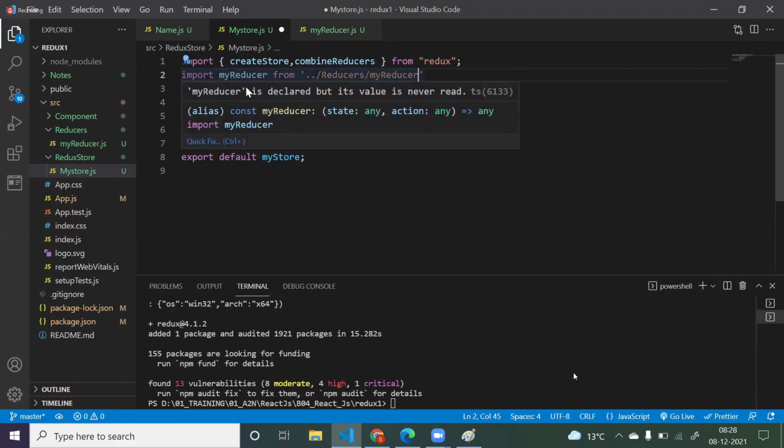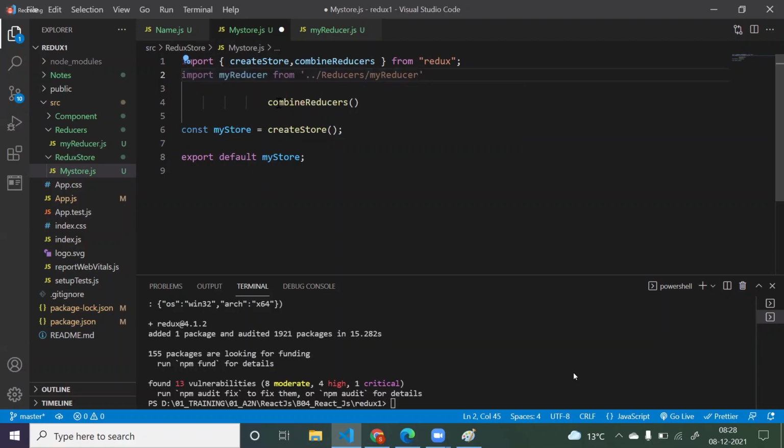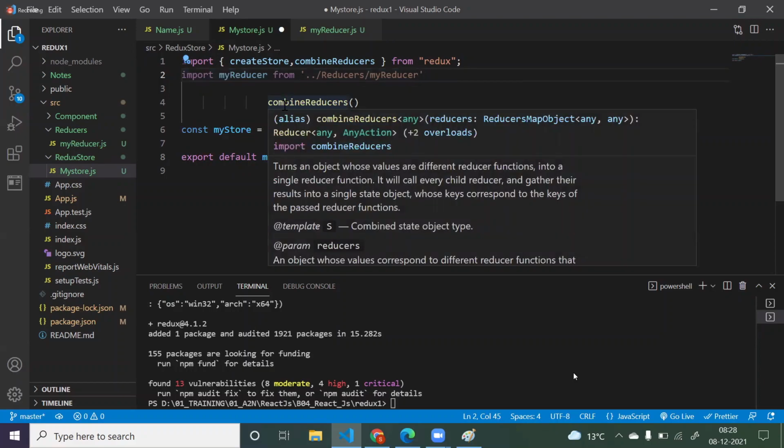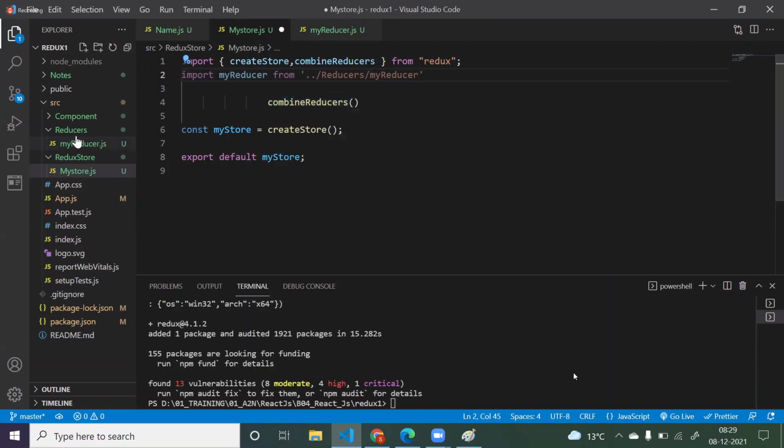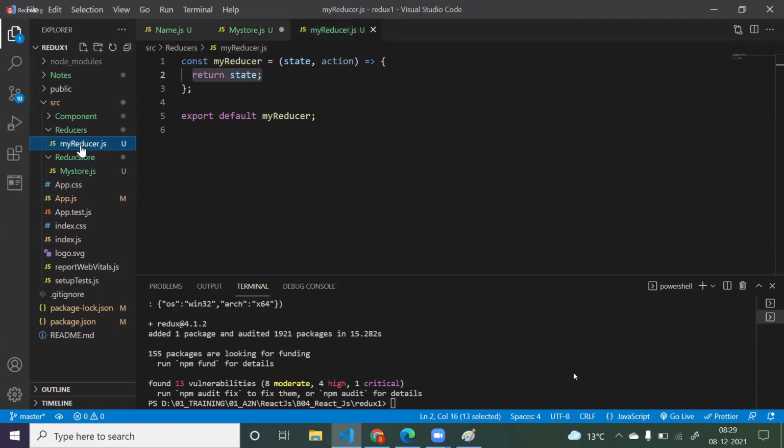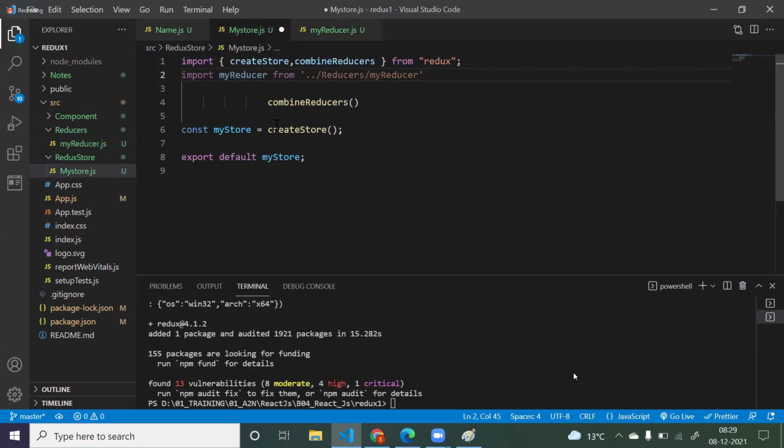Before registering your reducer with your store, you have to combine the reducers. What is the use of combineReducers? In your application you can create any number of reducers. All these reducers should be combined to form one combined reducer, and that combined reducer you register with your store.